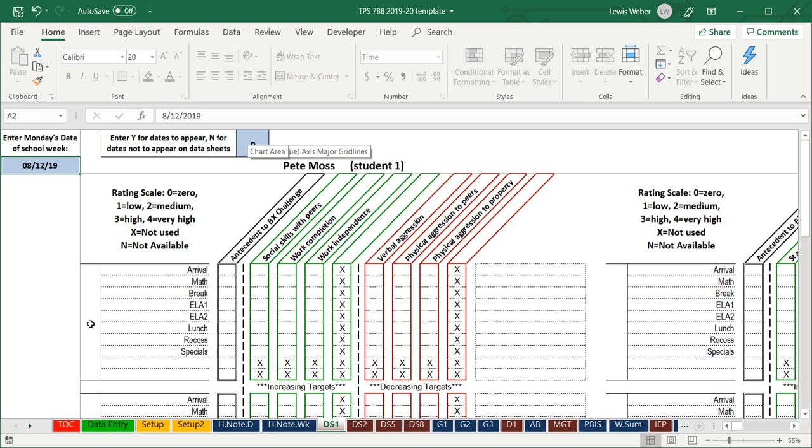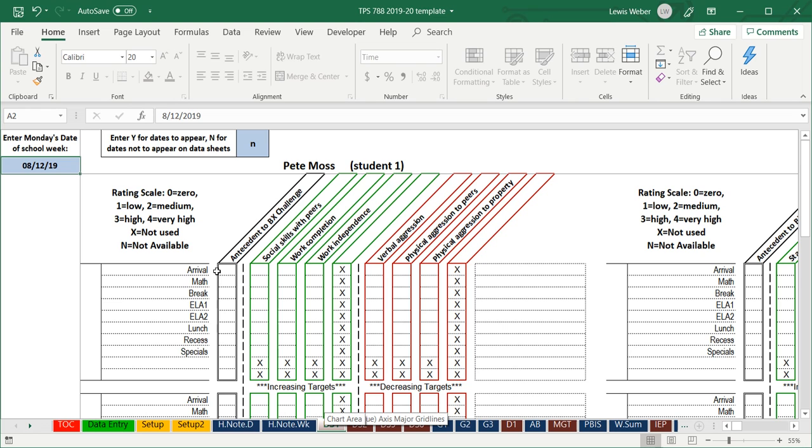Okay, so those data sheets are available using data sheet 1. You print the ones that you need, and now you have a handy way of recording the data during each of the recording blocks. It would be a 0 to 4, and all you would do is put the number in each of these cells